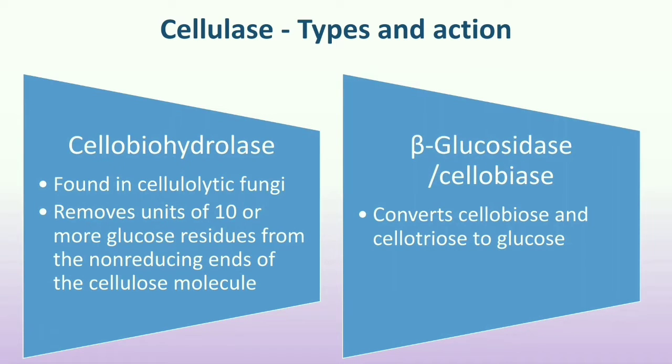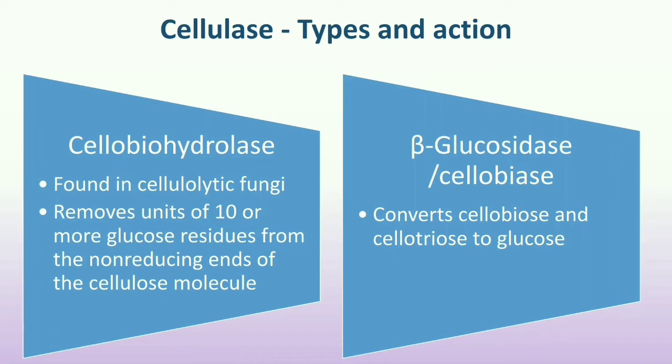The last enzyme in the cellulase family is the beta-glucosidase or cellobiase. The main action of this enzyme is to convert di or trisaccharides into monosaccharides, that is, converting cellobiose or cellotriose